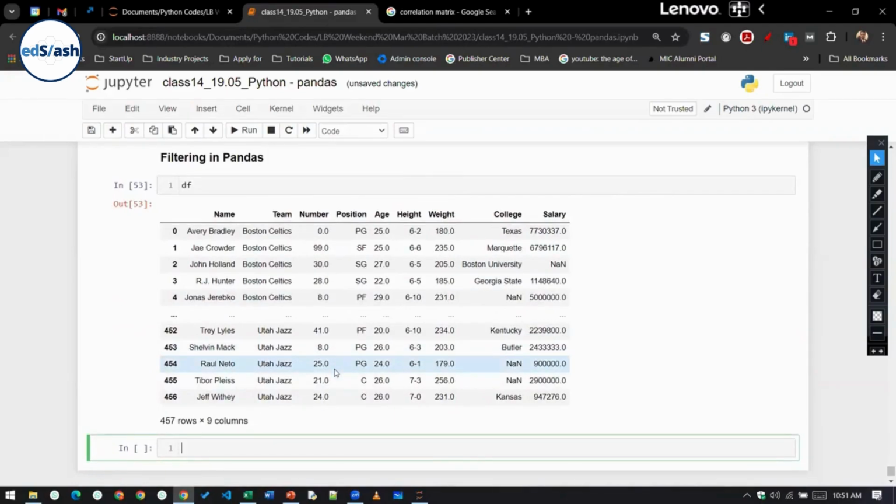Suppose I want to take out all those players from the data set who are playing for the Boston Celtics team. Okay, I want to filter them out, those for which the team is Boston Celtics. What I will do is write a df indexing. Okay, this is done using